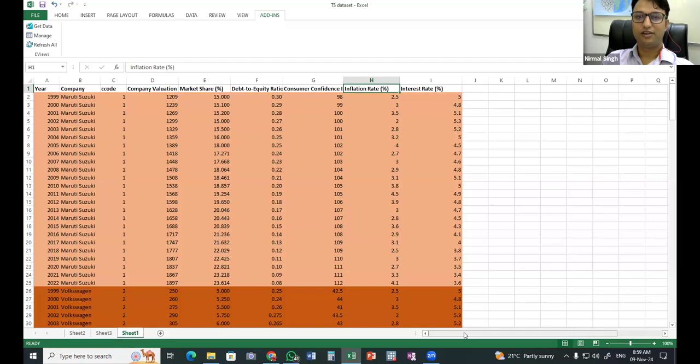In a general sense, in economic theory, they will have a certain impact. So, for example, if I'm sending some research paper for publication, they will ask why you have not included the macroeconomic indicators, because that might have an impact on my dependent variable. If the theory states that it might have an impact on my dependent variable, I can't ignore that. I have to introduce it in my model.